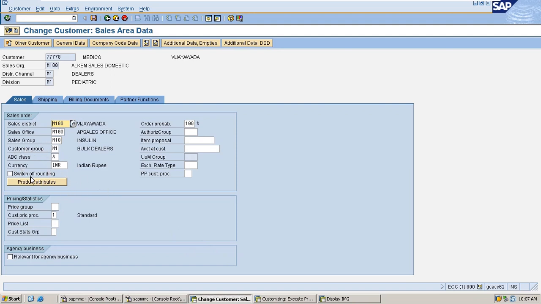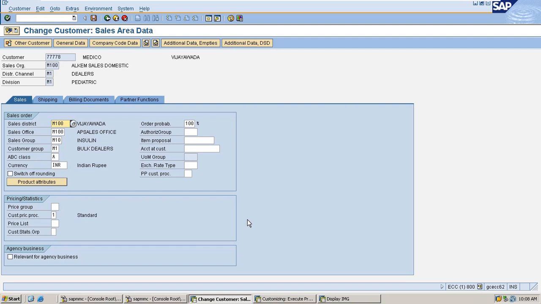Then the next field is switch off rounding. If we check this field, the system will not perform the rounding of the quantity decimals. What does it mean? If the product is petrol, for example, and the quantity is 1.1 liter, and we switch off rounding, then the rounding will not be performed.